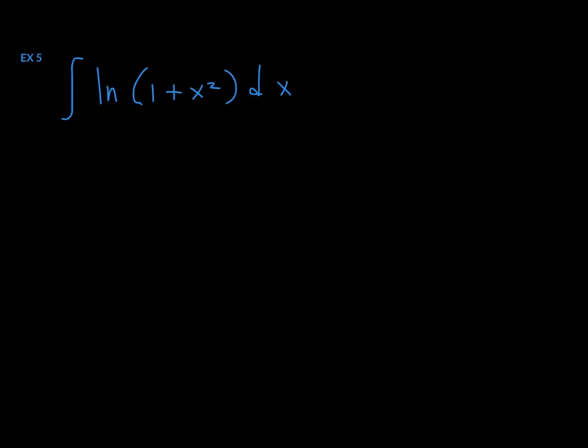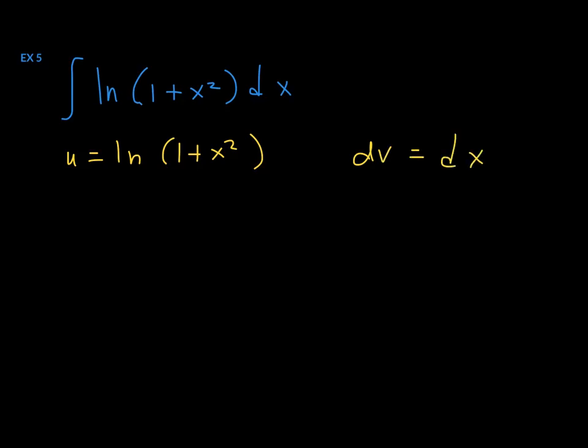The indefinite integral of the natural log of 1 plus x squared dx. Now, I want to do this by parts, but remember by parts is only for integrals that involve a product. But this is really the product of the natural log of 1 plus x squared times 1 and then dx. So then I'm going to choose u to be the natural log of 1 plus x squared, and then I'm going to choose dv to be 1 times dx, which is just dx,